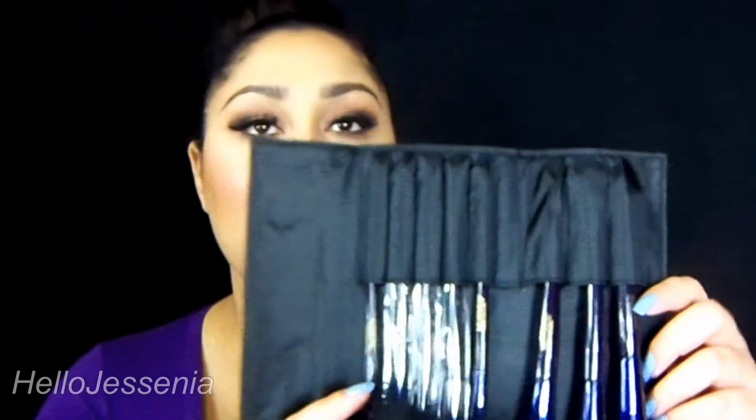So the first item I want to show you guys is this Motives brush set that looks like this. It comes in a brush roll with this nice gold little plate, and when you open it up, now that I got my life together, it contains these brushes right here. You get 3 face brushes and 5 eye brushes, and you get a foundation type of brush that's like a stippling brush, a contour brush, which if you guys saw one of my makeup tutorials, I forgot which one it is, I was using this contour brush, and